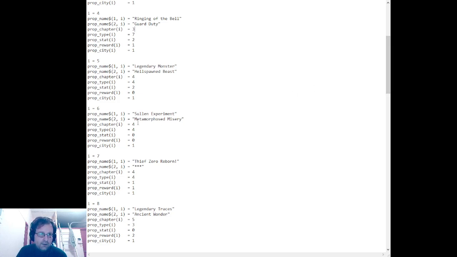Plus, all these numbers, like chapter 4, type 4, stat 2, city 1, stand for the chapter the mission becomes available, the type of mission, the favored stat for the mission, brave, faith, or neutral, and the type of reward the mission will give. The numbers stand for values that will be correctly used by the program, but to our eyes, even to me who wrote this program, they don't mean much because they don't relate to what they stand for in the game. So this style gets the job done, but it is very bulky, difficult to scan through and check visually,